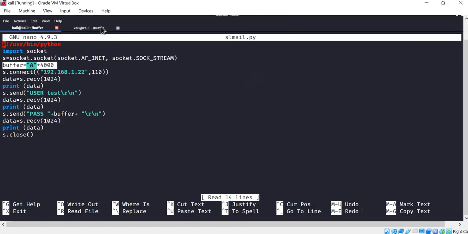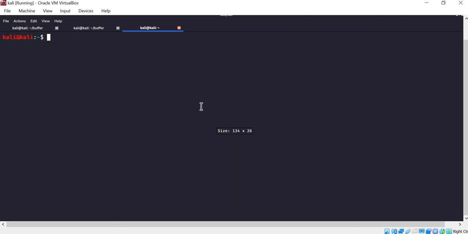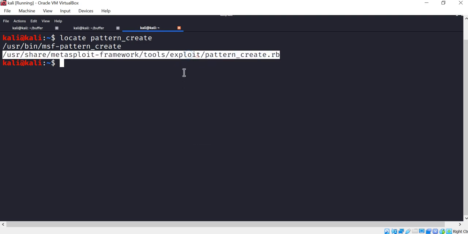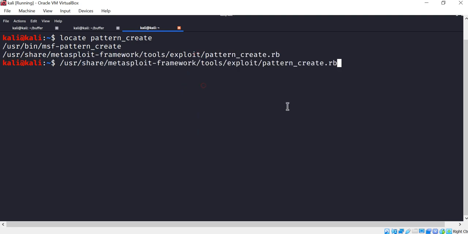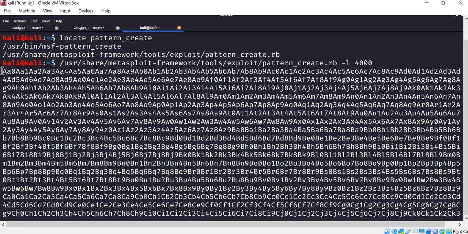To do this, let me open a new tab, and I need to input a unique 4000 characters. To do that, I say locate, and there is a Ruby script for it called pattern_create. I'll copy this, paste it, and then say -l 4000. So this is a unique 4000 characters.